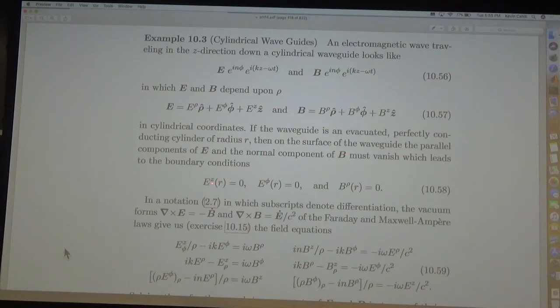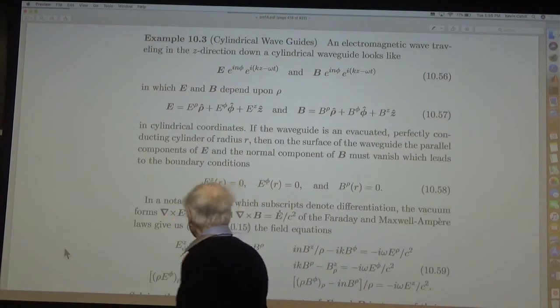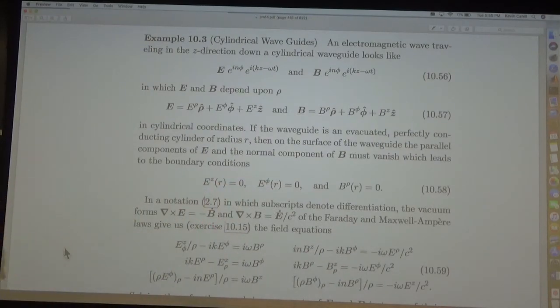So you have E in the z direction vanishes, and E phi at R vanishes, and the rho component of B vanishes. And if you now write the Maxwell equations, curl E equals minus B dot, and curl of B is E dot over C squared,